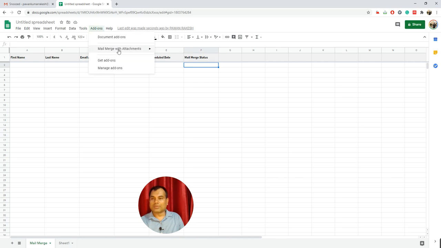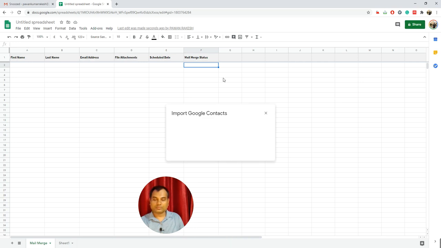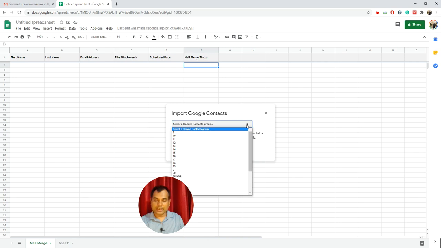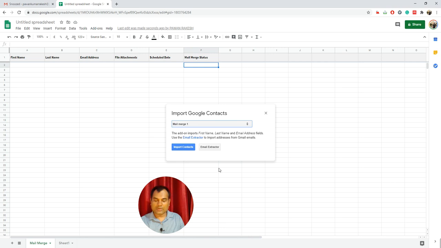Suppose I want to import my contacts, so I will select Google import contacts. I can choose any label, either DGSR or mail merge one. Suppose I click this mail merge one, import.